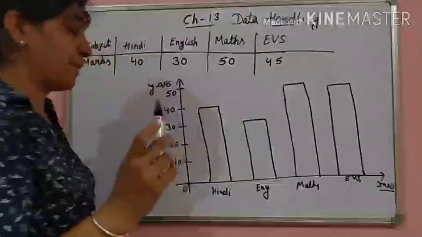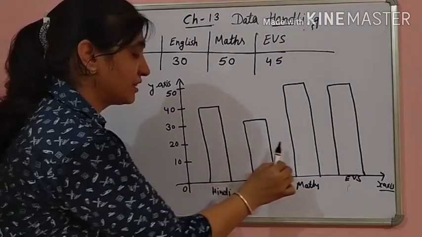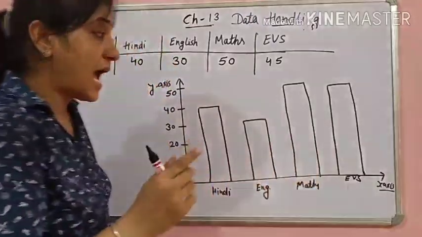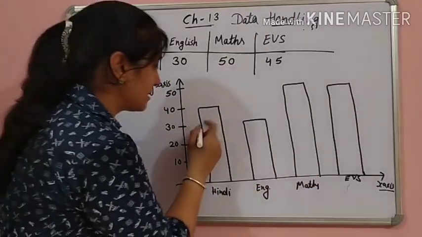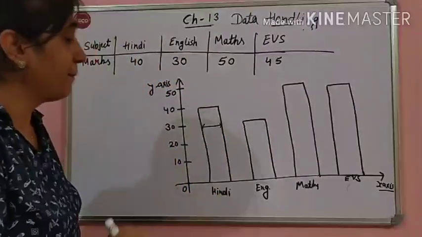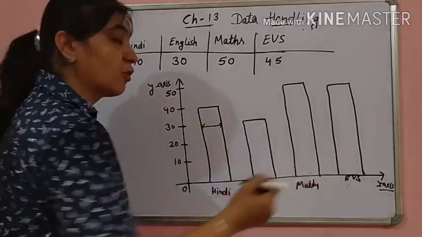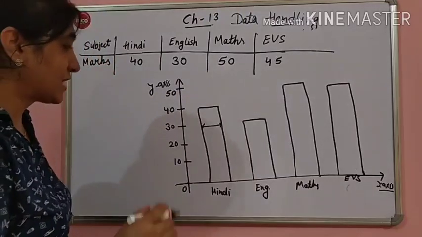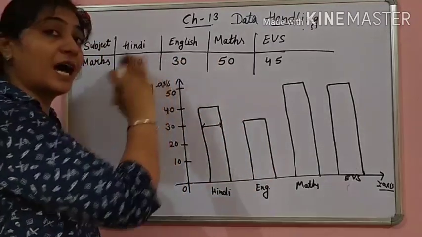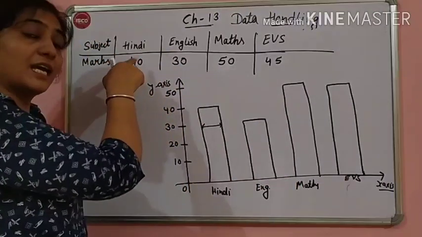And you also please keep in your mind the gap between the bars. The gap between the bars should be uniform throughout. It means ये gap है वो equal होना चाहिए. And the width of the bar means this distance. This also must be uniform throughout. Okay. मतलब आपको जो इसकी width है वो भी आपको equal ही लेनी है. And next, the length of these bars indicates the corresponding values of the data. जो ये length of bar होती है ये हमें जो given data की values है इसको indicate करती है.